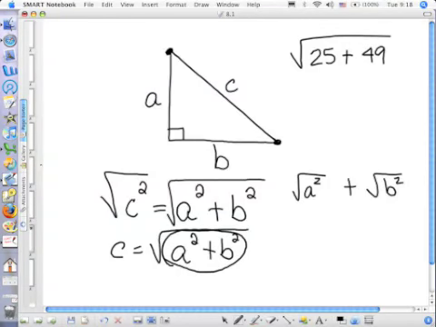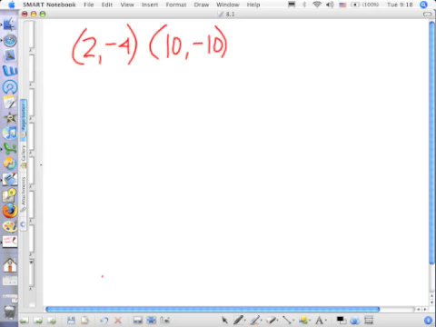Square root of 74. Okay, so no, the square root doesn't just cancel itself. All right, now taking this,